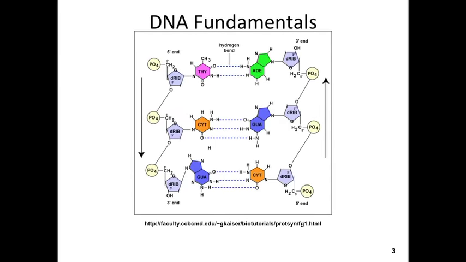Okay, let's move on now to DNA fundamentals where we were before. So in DNA, we learned last time that the bases are thymine pairing with adenine, AT, and guanine pairing with cytosine, GC. AT make 2 hydrogen bonds, and GC make 3 hydrogen bonds, and that's how DNA is